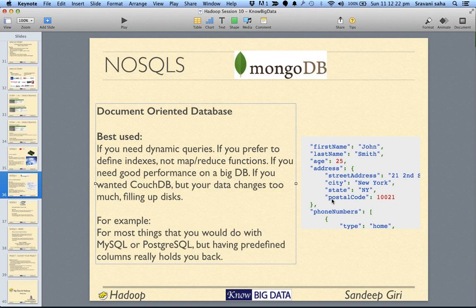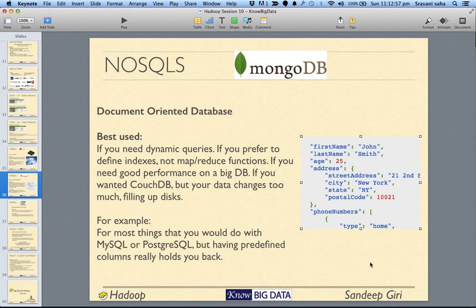This object can have either normal things like first name is John, last name is Smith, age is 25, or it can have further complex objects such as address, and under this there are three levels of objects. In general, MongoDB can tolerate 100 levels of nesting, basically brackets inside brackets up to 100.